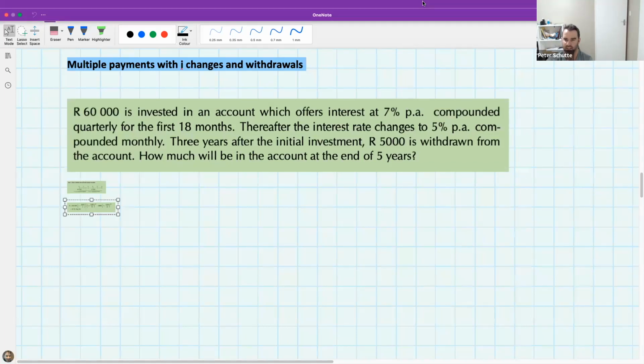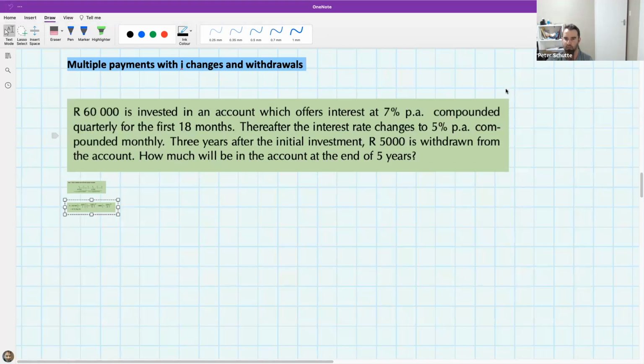Okay, and Kosi has said, and Manuel and Paul and Shamelo, 5,000 is drawn. Now, the problem is it's withdrawn somewhere on the timeline. And if it's withdrawn somewhere on the timeline, you get interest for the time it was in the bank. But then once that 5,000 leaves the bank, you do not get more interest on it. And so we need a clever mathematical way of dealing with this 5,000.